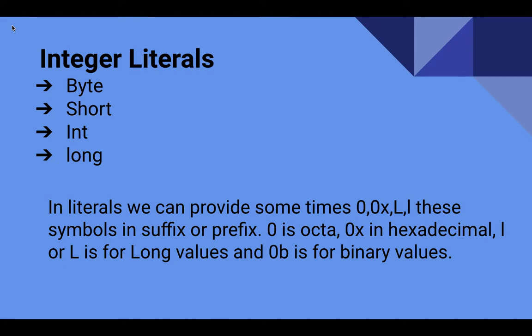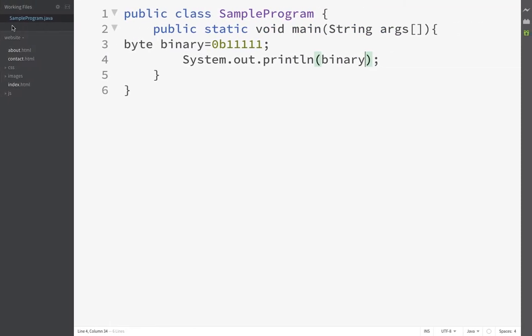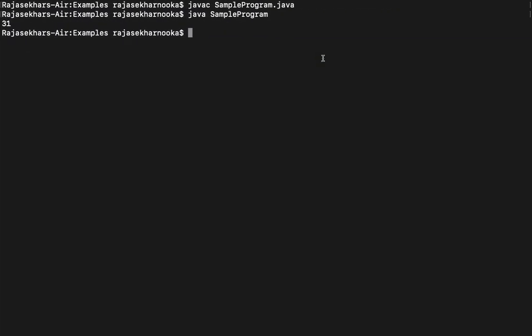Next, octal. I will show you an example. Compile the program and run the program.